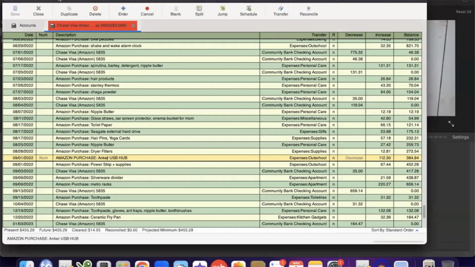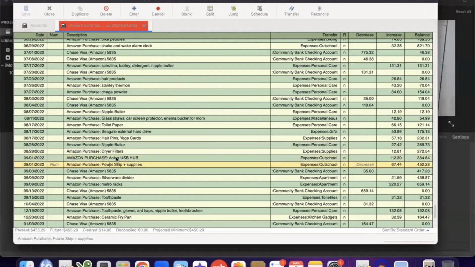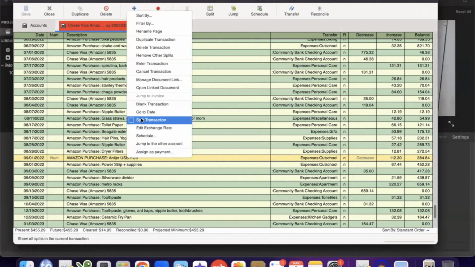One of the things that I do keep records for is, for example, online purchases from Amazon. Sometimes I go on Amazon and I buy something for my computer setup. So for example, I'm going to open up GNUCash here, and this is the software. It's free, by the way, it costs nothing to use, and it runs on all platforms, Windows and Macintosh, and even Linux. And this software actually allows you to save PDF versions of your receipts linked to the transaction,